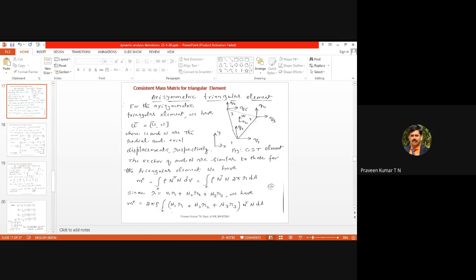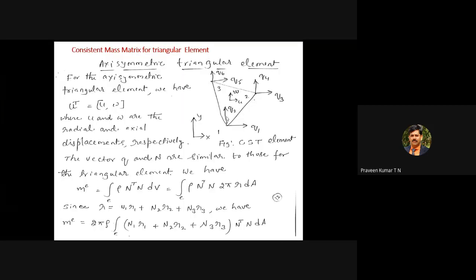These are small derivations. If you forget the final value, at least draw the sketch neatly. If the axisymmetric triangular element is similar to the triangular element, you have U and W, the displacements. Draw a neat sketch. Write down the general formula for the mass matrix, then what R is, and so on. Those things you have to write. There is one more type of element that is referred to as the axisymmetric triangular element. The second part of your module 5 deals with the axisymmetric element. One of the axisymmetric elements is the triangular element.